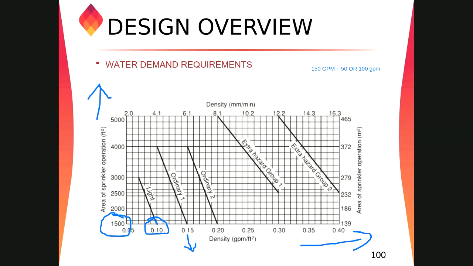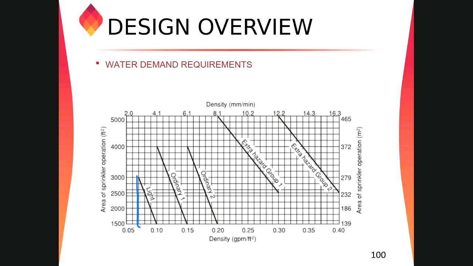You can also go below that. If you go below 0.10, let's say you go 0.07, right? If you are going 0.07, we need 3000 square feet. Again, if you multiply, the value will be almost the same, because we decrease the density, but the area of operation is higher, so it is acceptable. We can take anything between these.